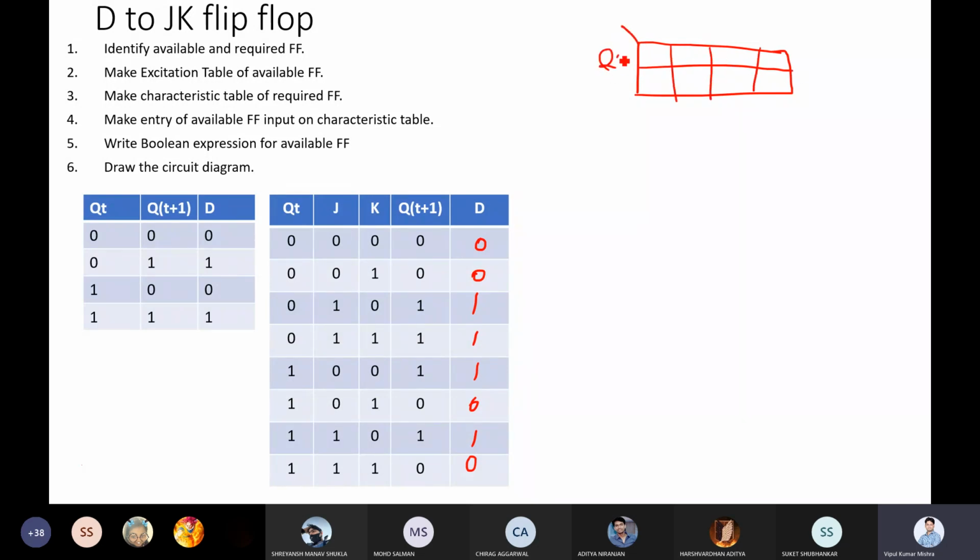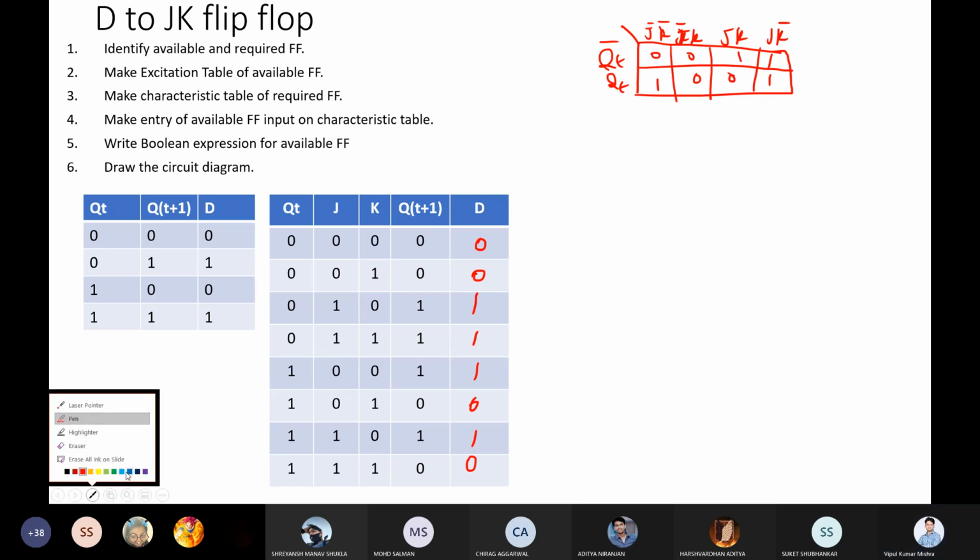Sorry, so let me do it quickly. Qt, J bar K bar, J bar K, JK, JK bar, 1, 1, 1, 1. Rest all zeros. Let me be more careful. Okay. Now I have two pairs. One is here and the second one is here, right?